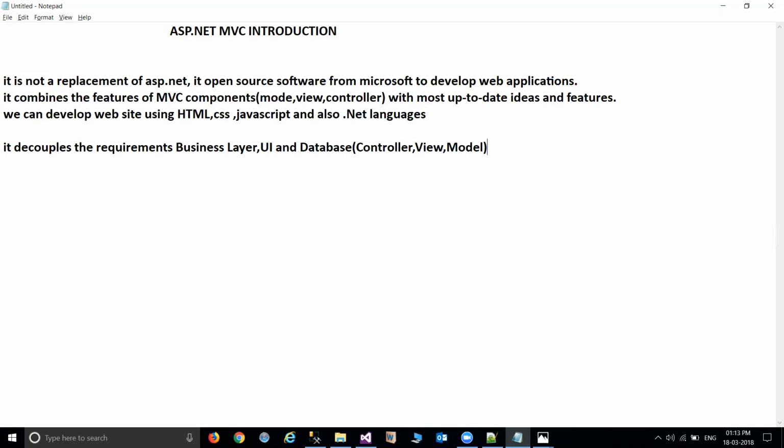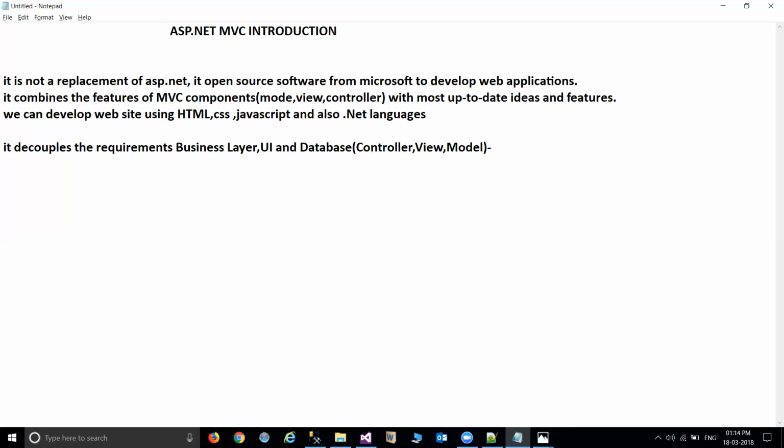This way it is decoupling the requirement, so every individual user can concentrate on these three areas without dependency. This is what we have in the MVC architecture.